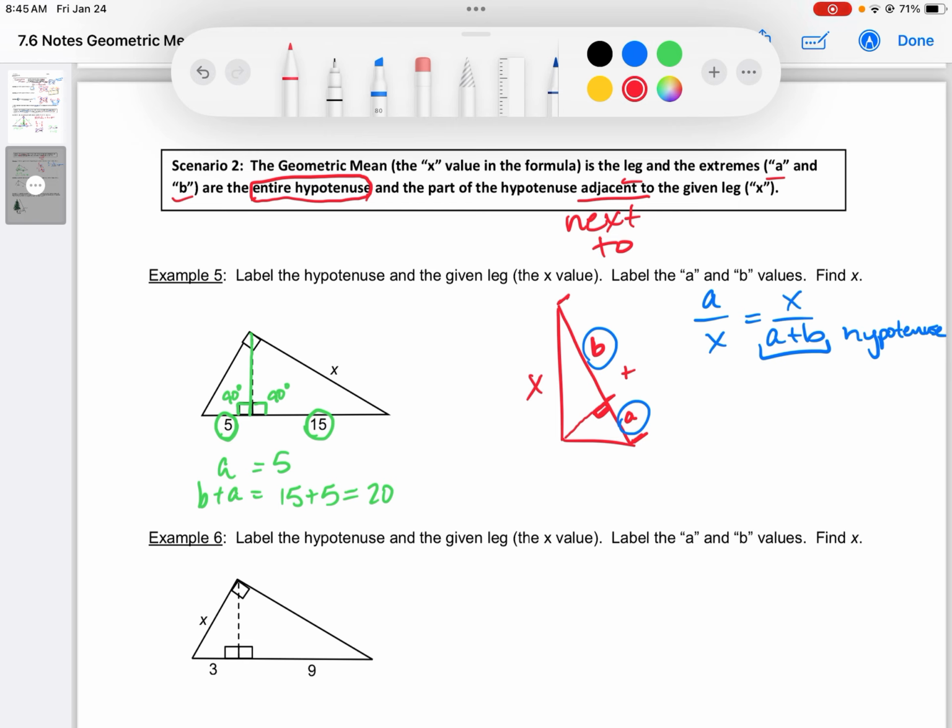Now, using our formula, we're going to do A over X equals X over B plus A. We're going to multiply these out, and we have,